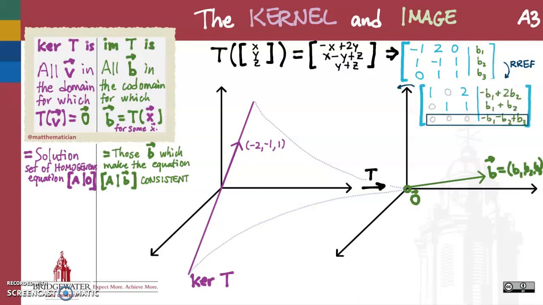Well, if I do all the row operations with these arbitrary b1, b2, and b3 in their places, then I'm going to get some nasty expressions involving b1, b2, and b3 on the right-hand side of my augment bar. And we notice that just as in our kernel row reduction, we end up with an entire row of zeros on the left-hand side of this augment bar when we do that work. And so in order for this to be a consistent system,